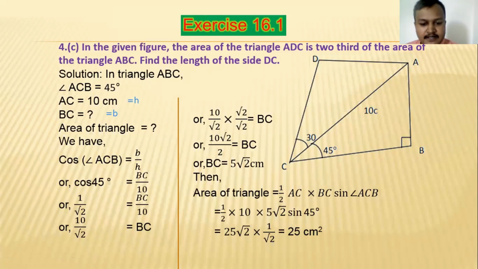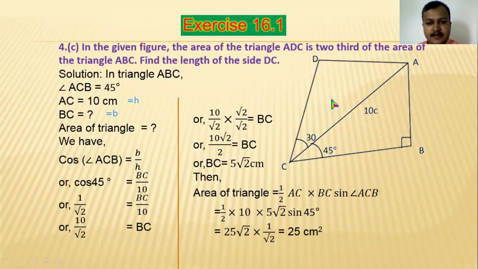Up to now we calculated the area of triangle ABC only. If there is no problem, now we have to go to another triangle. Look at the other triangle ADC, or you can say ACD. In the upper triangle AC is given, and area of triangle is 1/2 product of two sides into sine of the angle between them. For that we need DC also, which we have to find out. DC has to be found out, as that is what we need in the formula.